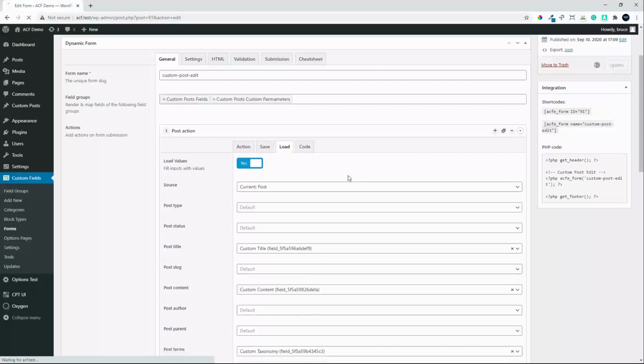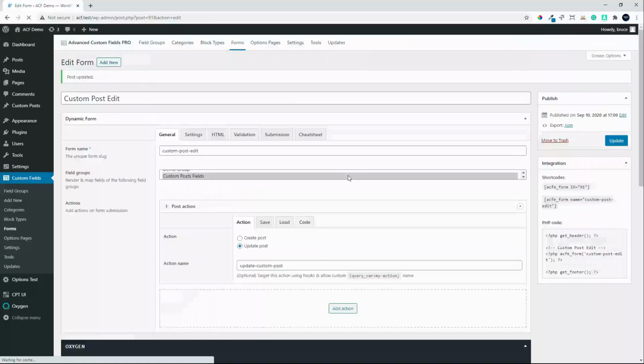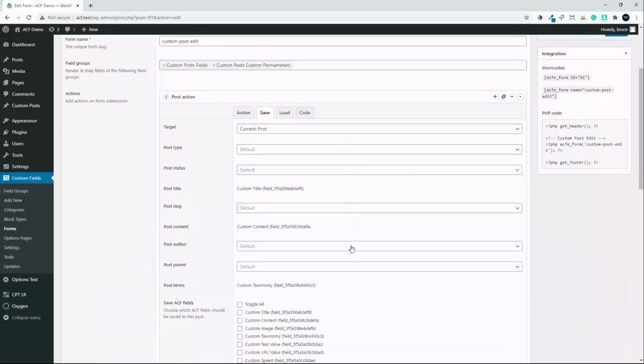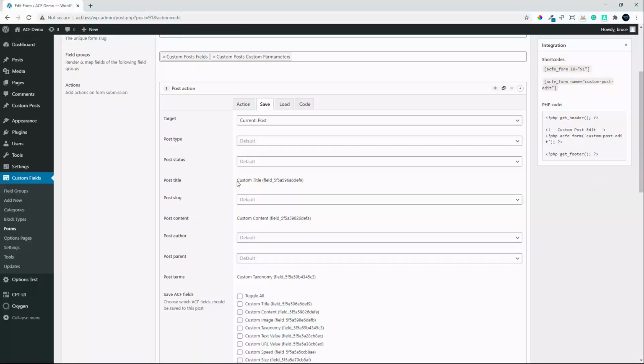Let's update that. And then we have a look at saving. What you're going to notice now is that those values that we selected on load are not editable here. That's going to ensure that the content pulls through as it is when it loads, so it pulls through when we save. So you can't change that